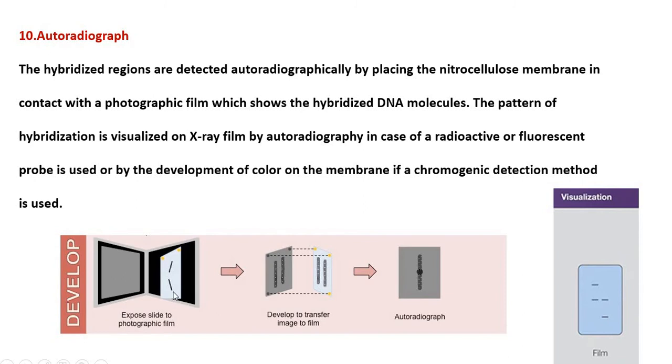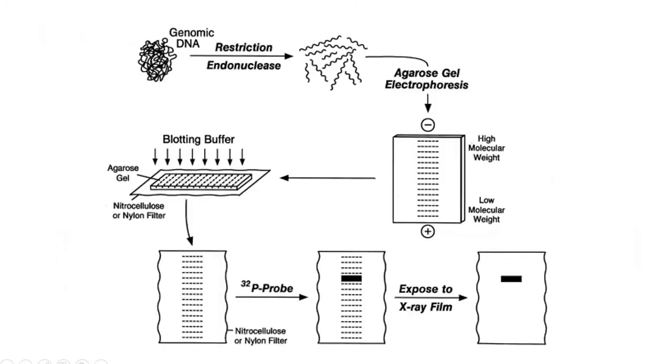If you keep that nitrocellulose filter paper after the hybridization, it is emitting radiation, and where the radio labeled emission is there, at that place the DNA to be identified is present. If you want to identify the gene of interest, insulin, wherever the radio label is emitted, the insulin is present. So this is the overall method.